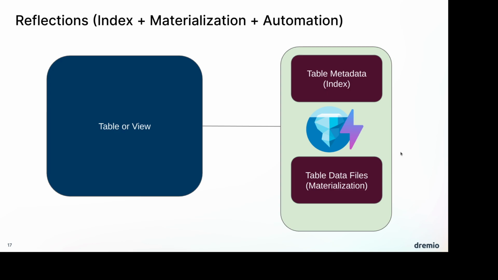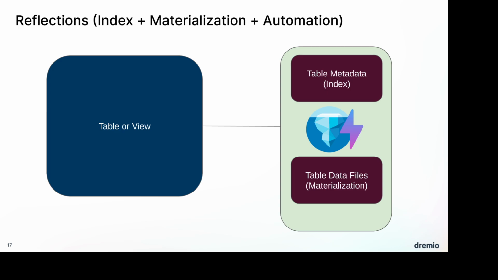So even if the underlying data is a table in Postgres or a table in SQL Server or a table in Snowflake, the reflection is Iceberg. And because it's Iceberg, you get a couple different benefits. One, you have the materialization, so if it's a view, you're getting that nice physical copy of that subset of the data. And it's in Parquet files, so you get all the benefits of Parquet, with the row groups and the compression that allow you to scan those Parquet files even faster.